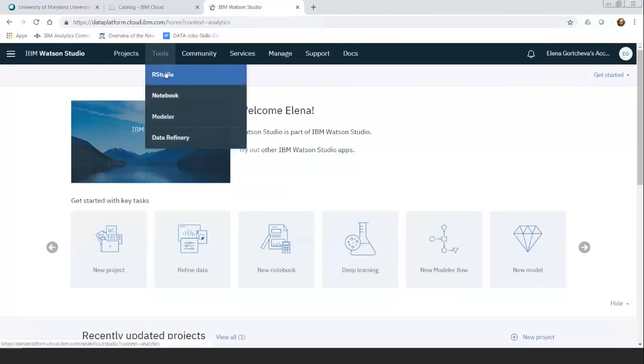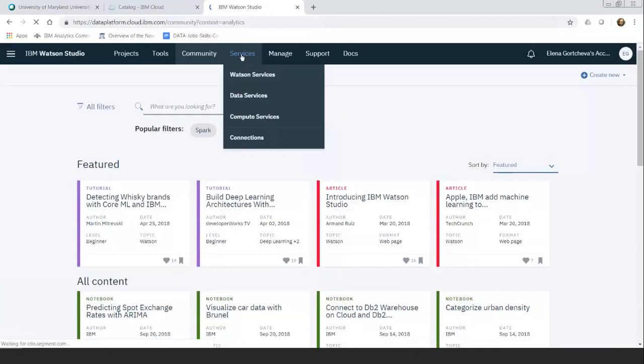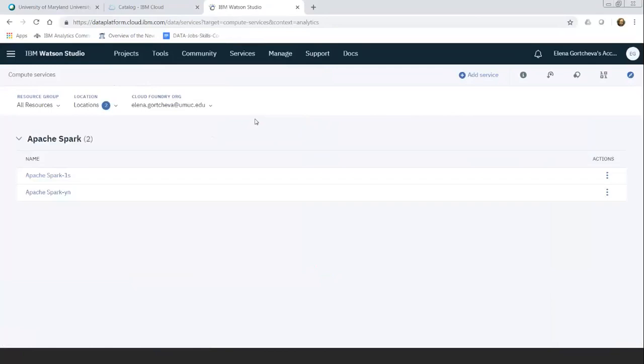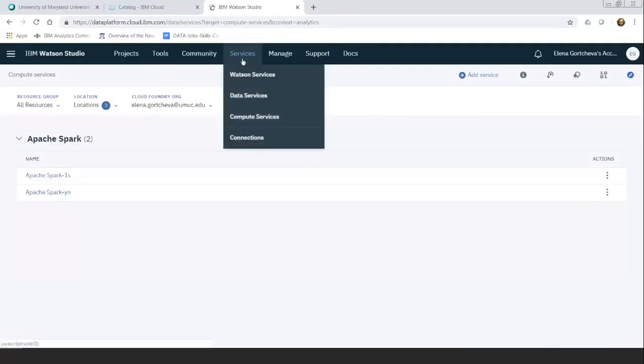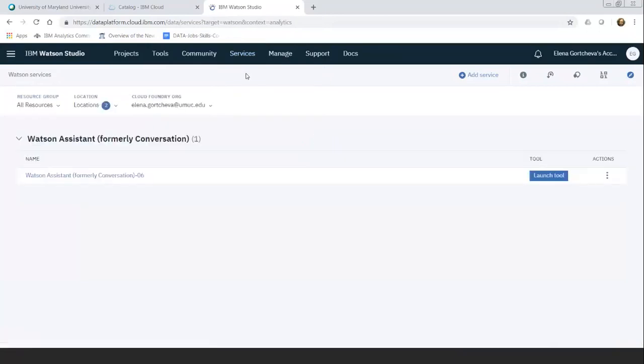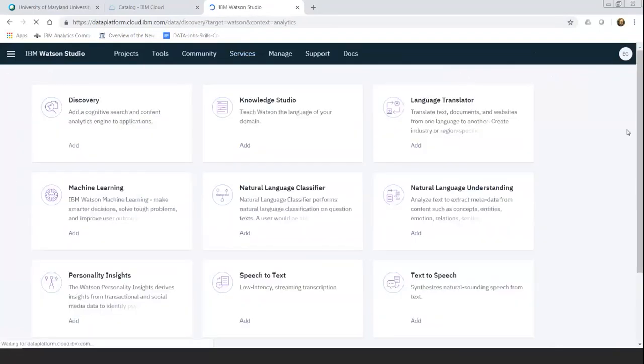All this is embedded here. You have the community link. You have the services. And the services are the ones, for instance, where you are going to add services like Apache Spark or other services, or the Watson services, which is the cognitive Watson, which has nothing to do with the Watson Analytics you used in Data 610.